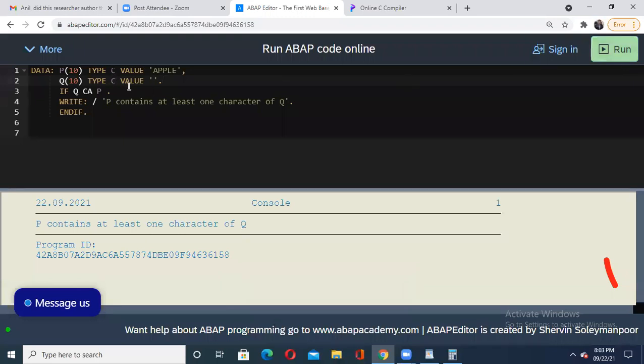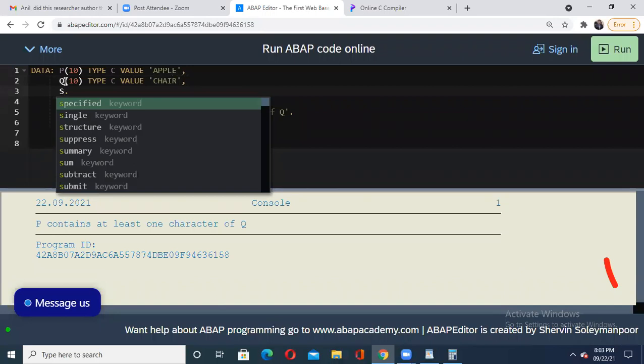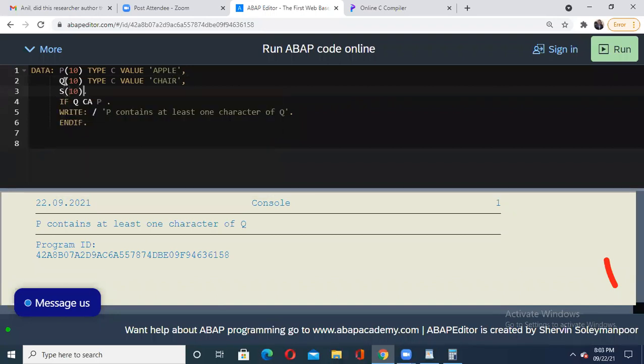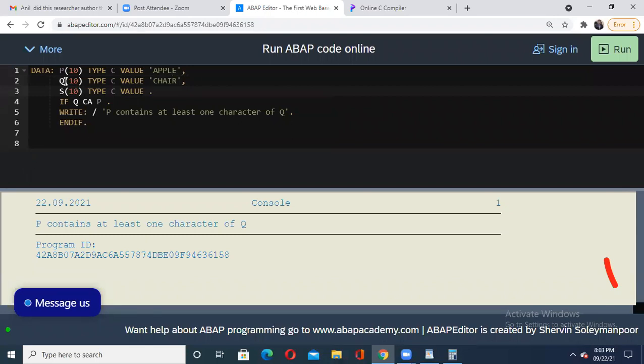I think it might have been copied earlier when we were checking with this. We'll do one thing. We'll keep chair as it is, no issue. I don't want to change this Q, but I want to take one more string here. I'll give a comma, come to the next line, and put R. Just to avoid confusion, I'll take S again of size 10, type C, and its value will be a in single quotes.